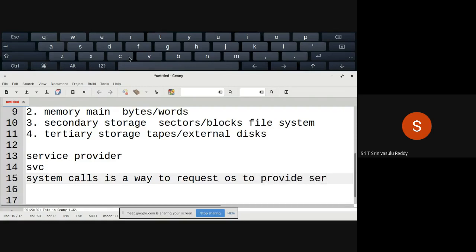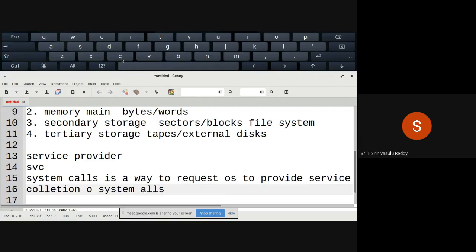A service may be getting access to a particular file, or creating another process so that you can run that process, and so on. So the operating system can be considered a service provider, or in other words, indirectly an operating system has a collection of system calls.